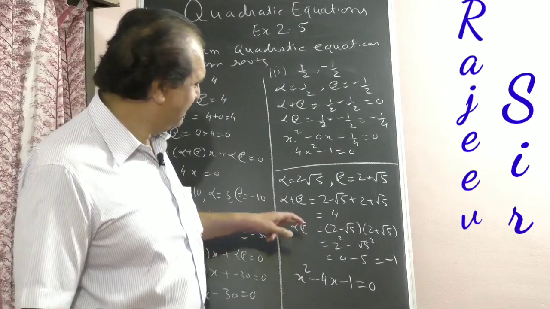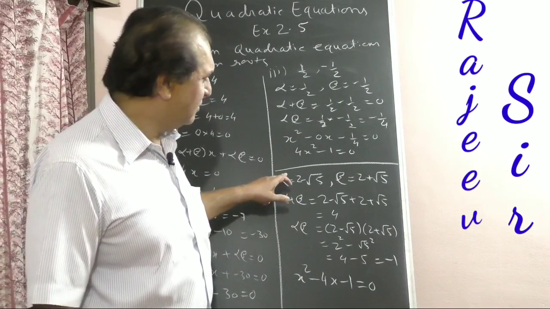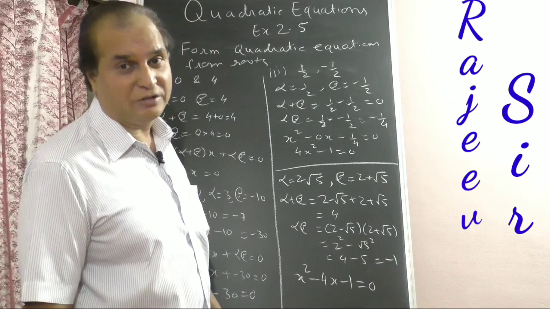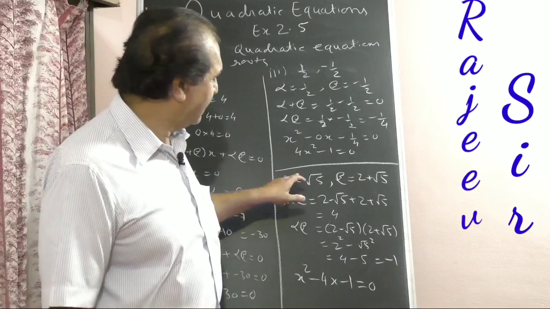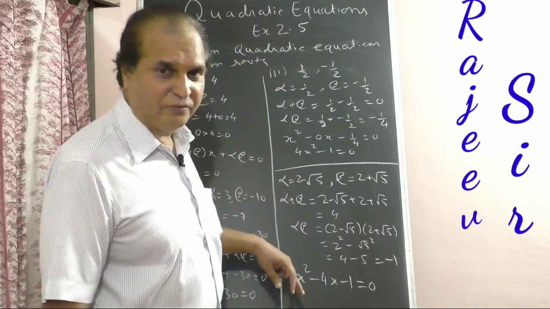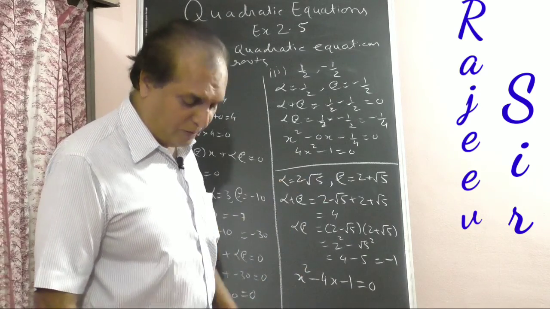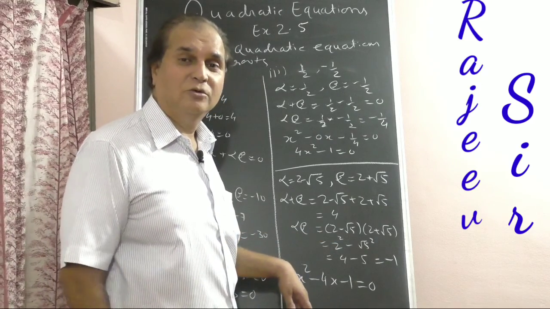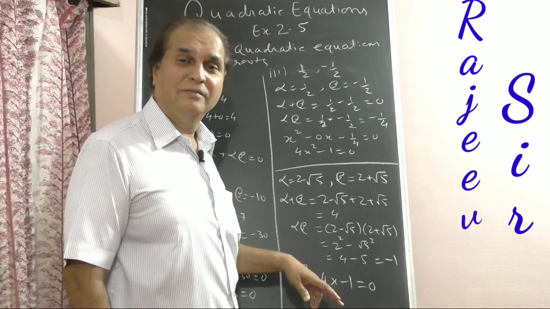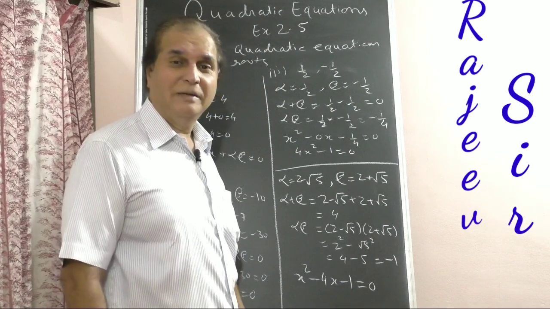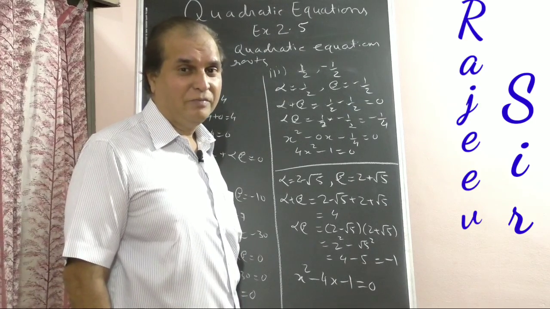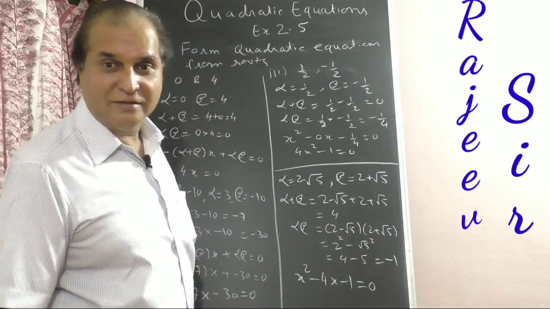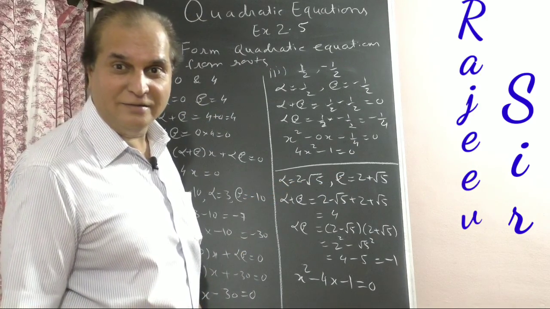Should we go ahead? Directly, first root, irrational roots. Irrational roots are always conjugates of each other. Don't forget this. Alpha is 2 minus root 5, beta is 2 plus root 5. So even if only one root is given, you can find the other root because it must be conjugate. A plus B conjugate is A minus B, right? So 2 minus root 5, 2 plus root 5 conjugate. You have done this in standard 9.